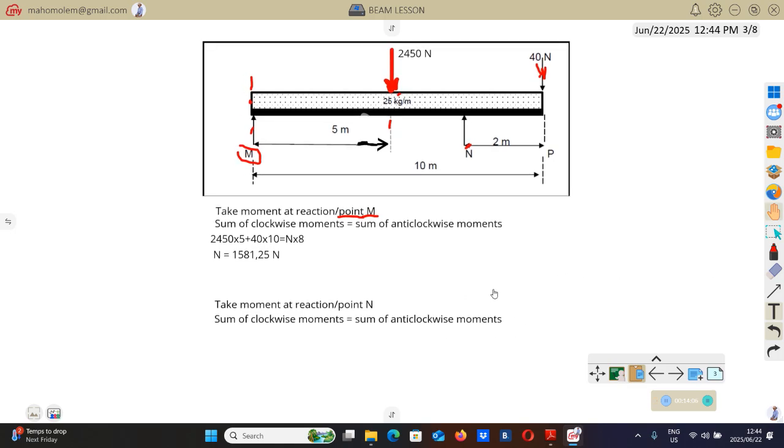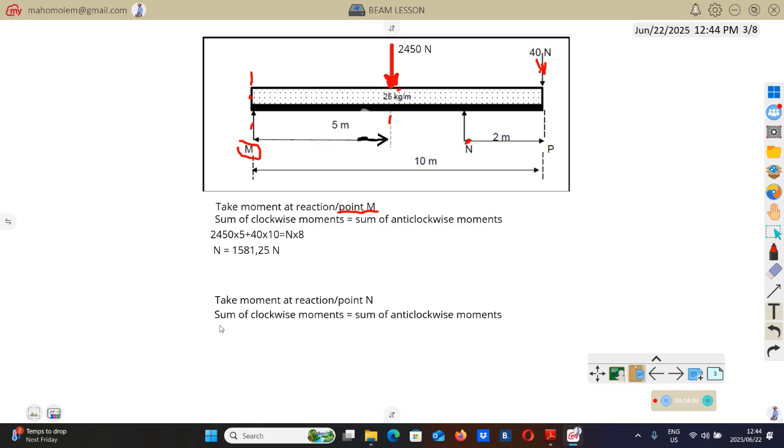Now let's take moments at a different point to get the other unknown reaction. Now we move to taking moments at point N. So we're going to take moments at point N, which is this one now. When you are at that point, if you assume that this N is the support or fulcrum, or if you fix that thing there, when you push this thing from this side downward like that,